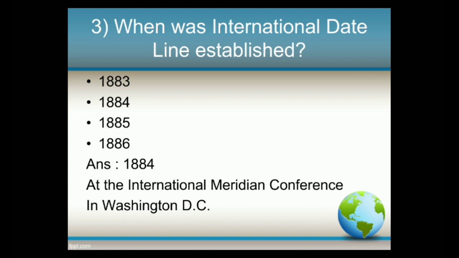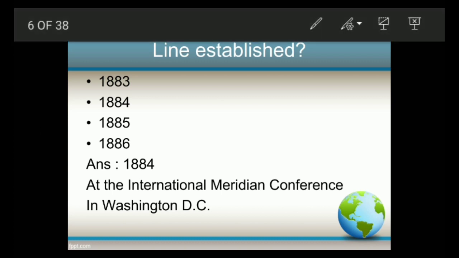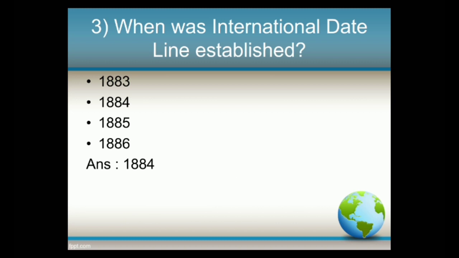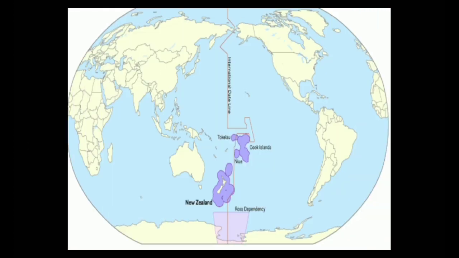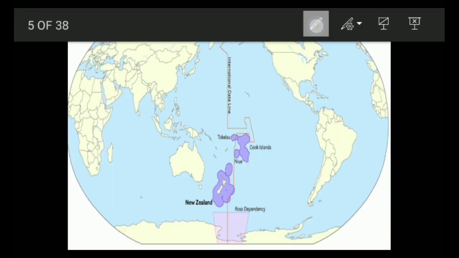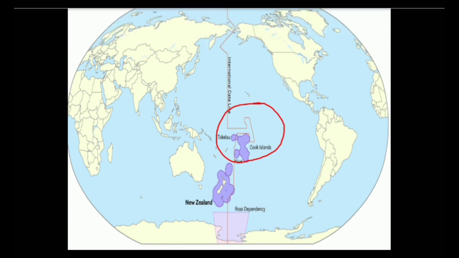It is said that the island of Kiribati, here you will find, let me show you. In this portion, there is the island of Kiribati. Here it is not mentioned. In the upcoming slides, I will show you that it is said that the island of Kiribati changed its sides in 1997 to be the first nation to see the world in the year 2000.